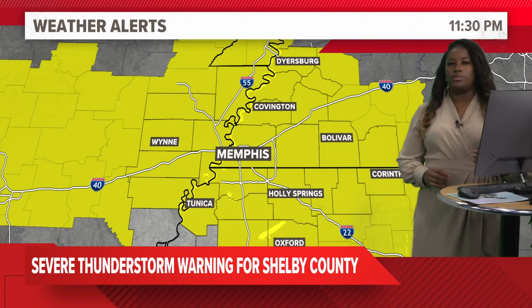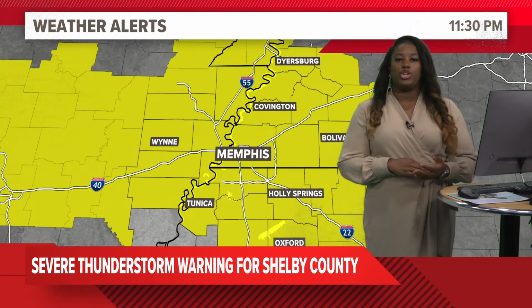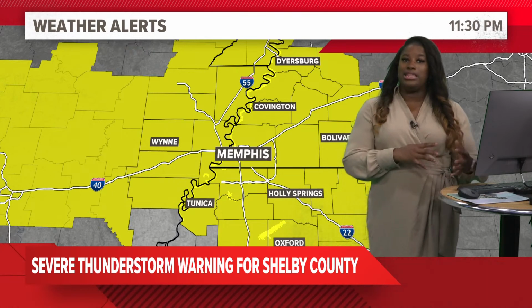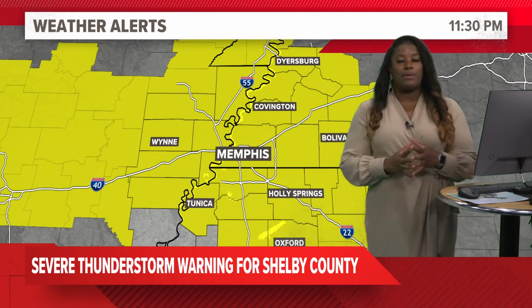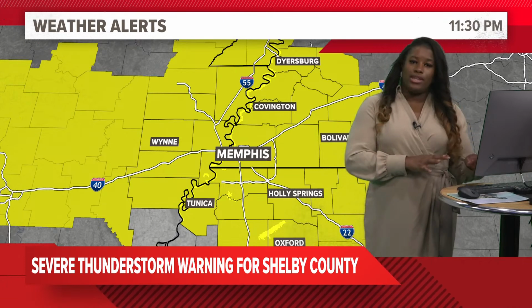So very imperative that you continue to keep multiple ways to get notifications. Make sure that you have multiple ways to have anything in case your power goes down. Put your phone light next to your bed, flashlights, whatever you need in case the power does go out. But we're going to keep you updated here, and we will stay on the air if there is another